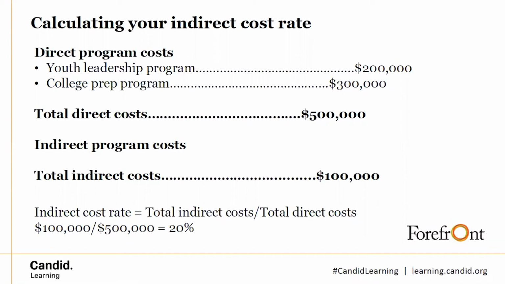and see how much all of their costs are. Then you would basically add up everything else for your organization and see what that is. So with our thankfully very round number example here, we have an organization who has 2 major projects. They add up to $500,000 between the 2 of them. And then everything else the organization does costs $100,000. You then get, when you divide your indirect costs by your direct costs, a rate of 20%.